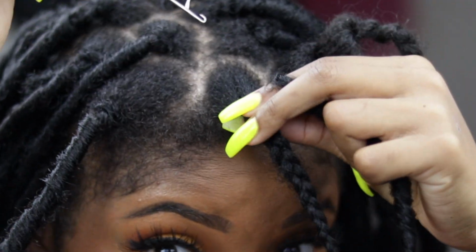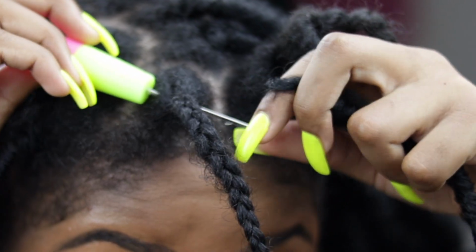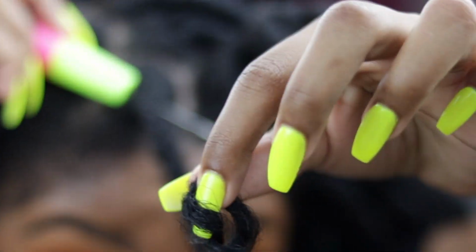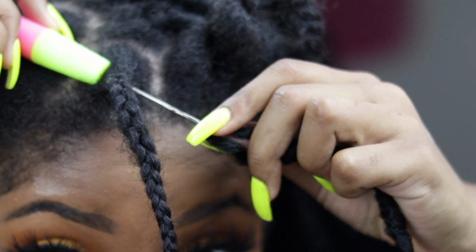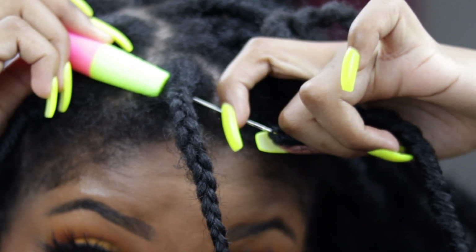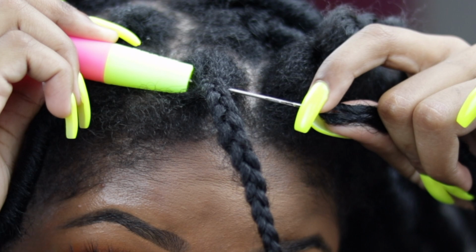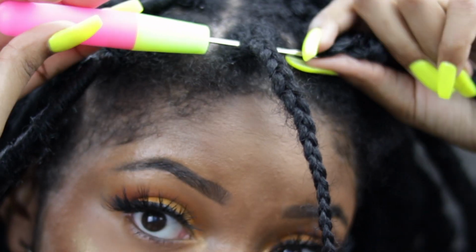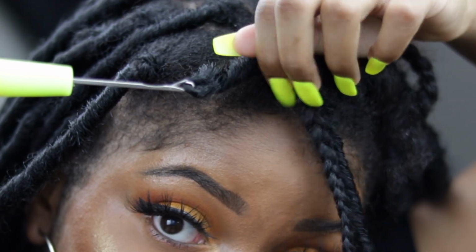So you're going to stick the crochet needle into the base of your braid. You're going to get the little opening. You see the opening right here? You're going to hook the opening onto the crochet hook. You're gonna close the crochet hook. So you see it's open, now it's closed. You're gonna pull the crochet hook through your braid,